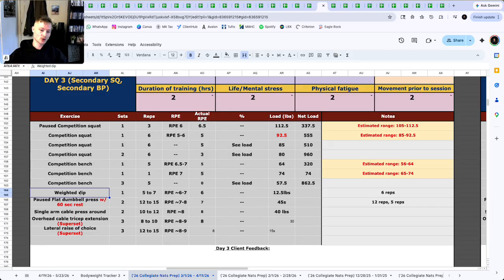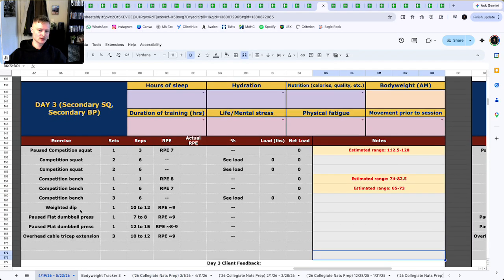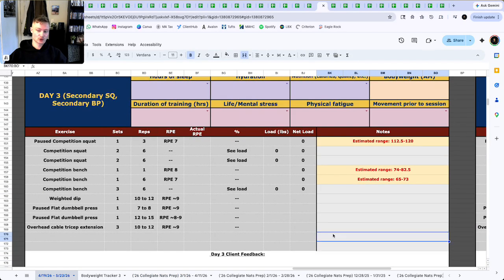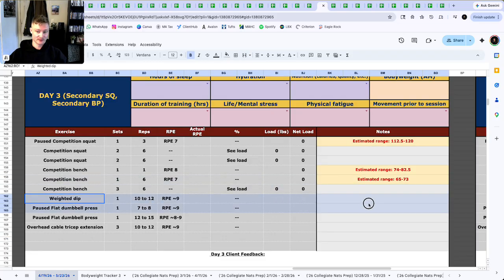We've seen time after time only one set of weighted dips is necessary for Maxine, and it's for the most part all she can tolerate without there being a shoulder issue or just bleed over into her other accessories in her following bench day. So what we're doing with this in order to dose a little bit more here is really simple. We're doing a little bit more on the weighted dip. So for this one set for her, throughout a 3 to 4 block macro cycle, we can probably expect this